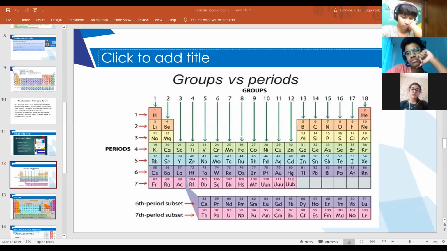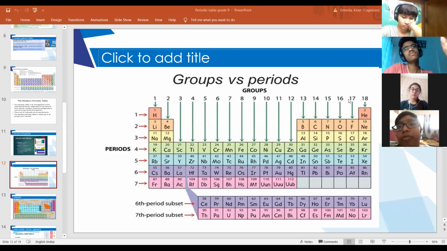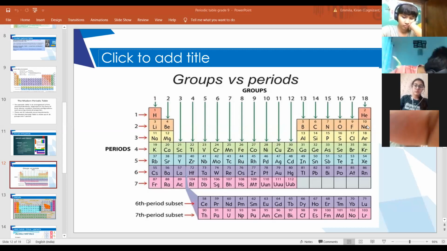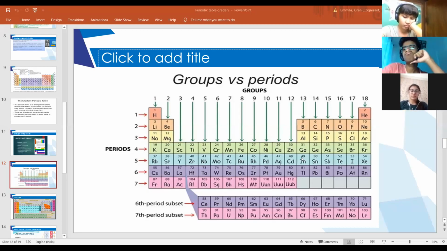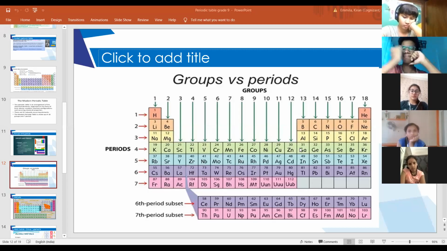The properties which can be explained based upon the position of the element in the periodic table, whether it is present on the left side of the periodic table, on the right side, at the bottom of the group, or at the first of the group. Such properties are called periodic properties. Do you remember the periodic properties?